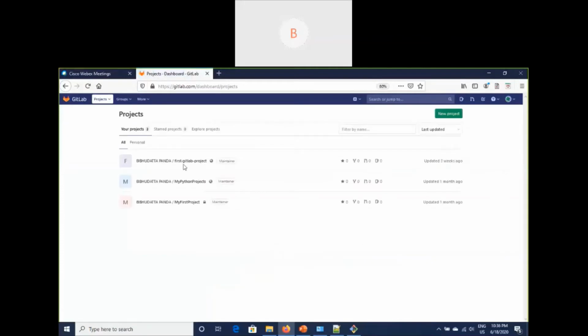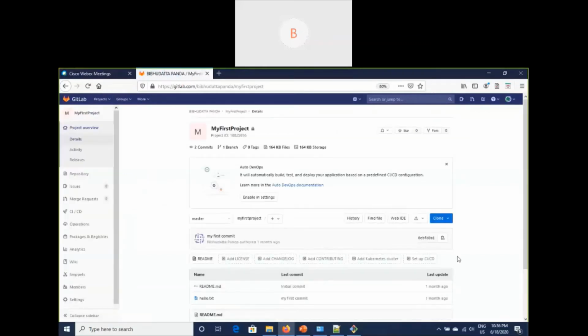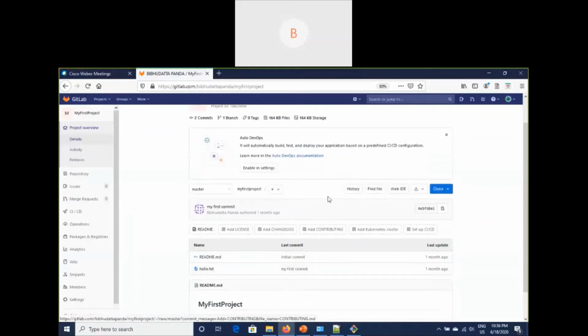After clicking this, you will get a window like this with your project name, whatever you have provided in this tab. Now you can go to that project, and you can see this will be your view.